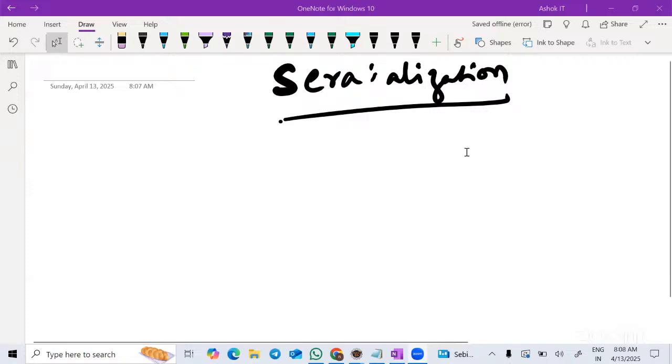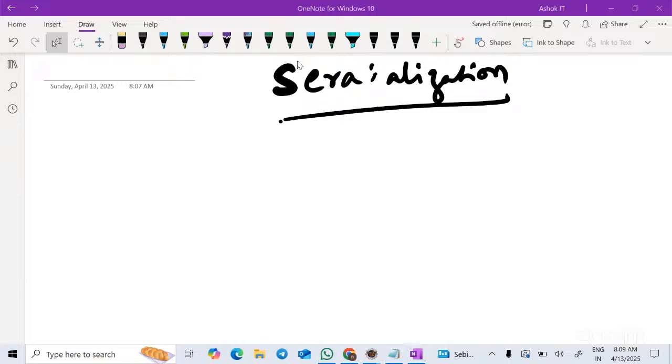So any other answer? I see one answer, writing the object state. Any other answers from anyone? Serialization is transferring the data through the network and saving to the database or file systems. Okay, so let me tell you, serialization